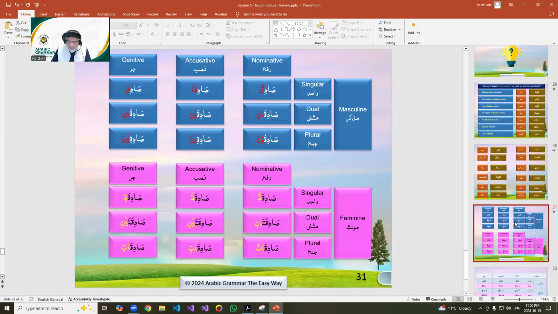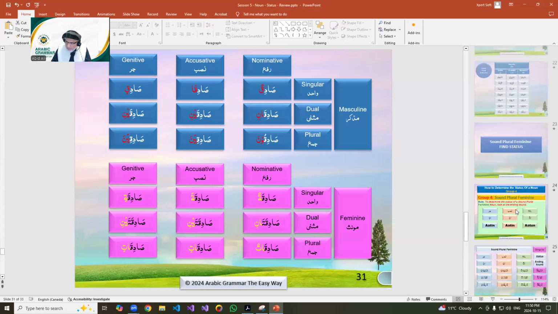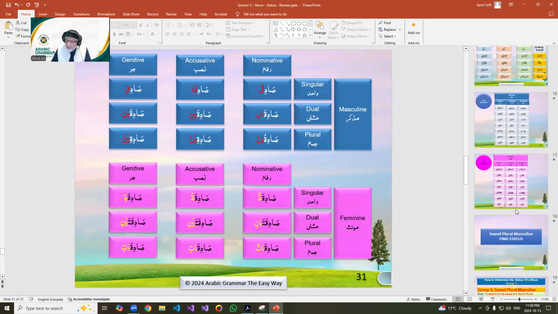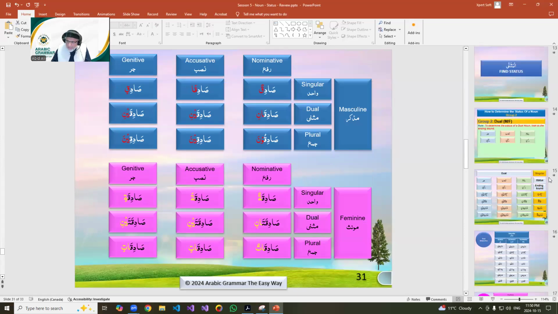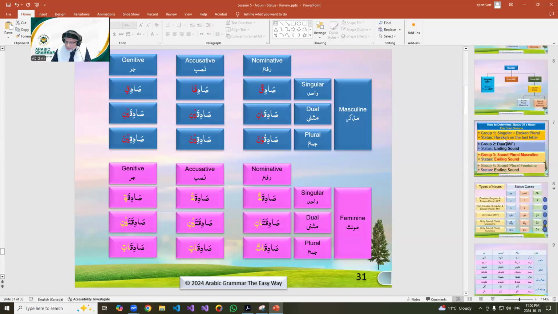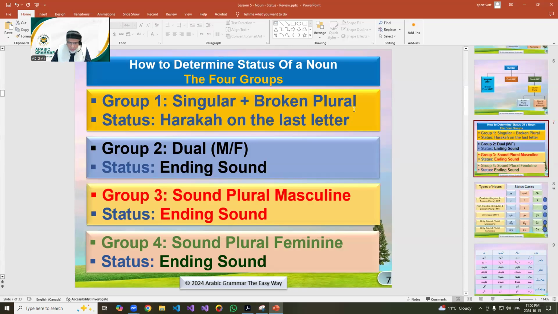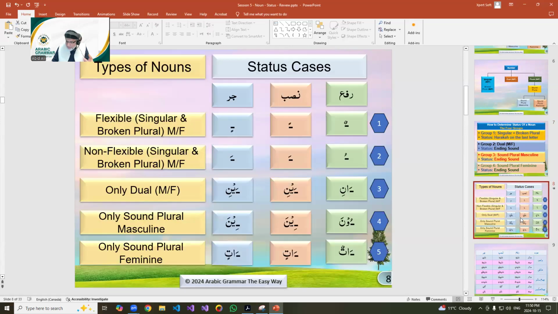Alhamdulillah, I have covered most of it in a very short and quick fashion so that you understand. It is extremely important to pay attention to the number of the noun, because the number of the noun tells you whether you have to look at the haraka on the last letter or rely on the ending sound. These sounds are very easy. If you practice them and pay attention to them, inshallah, you will be ahead in no time.